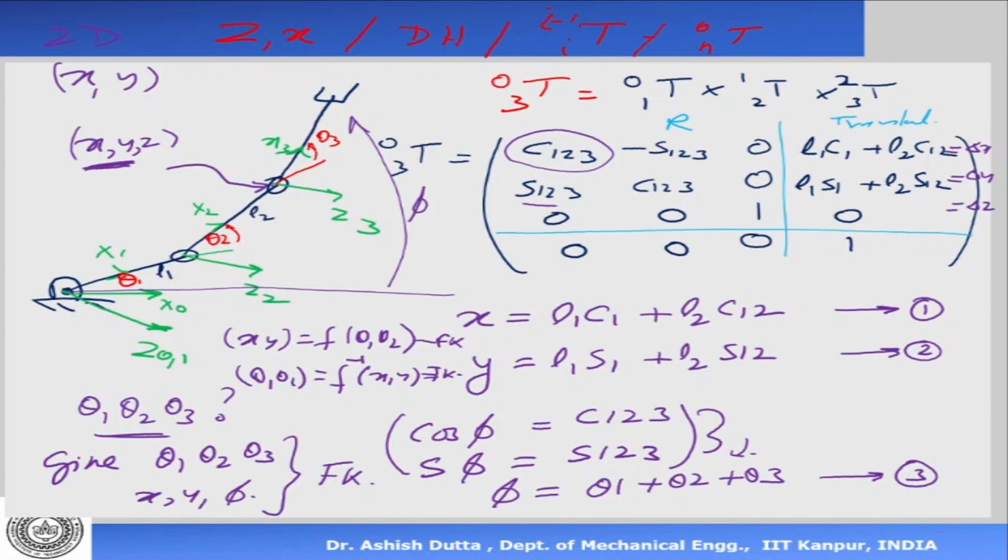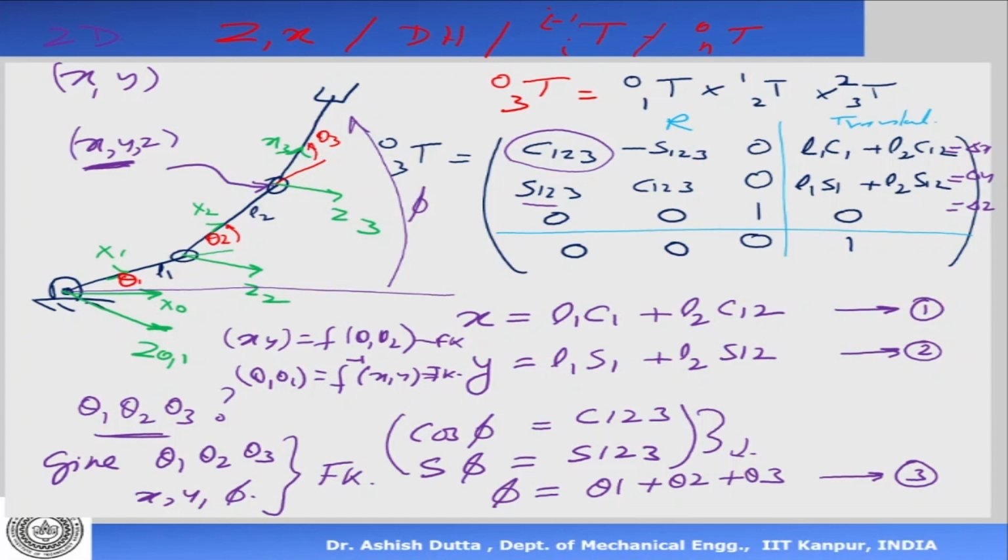Now as you can note, it's not very difficult, but there are so many terms, so it will be difficult to do by hand. If you do it by hand, there is a chance of a mistake. That is the only downside of this.